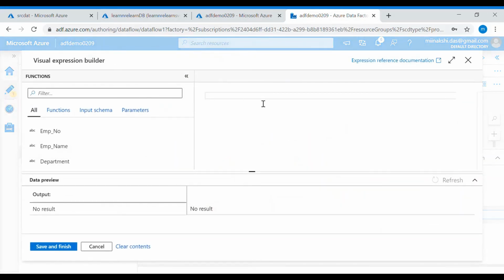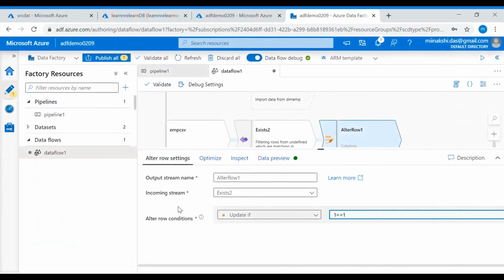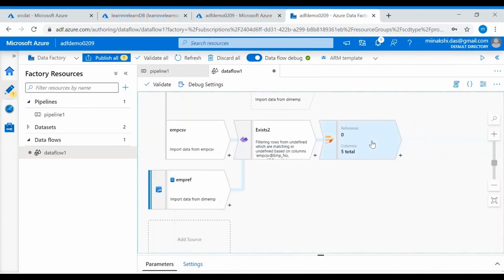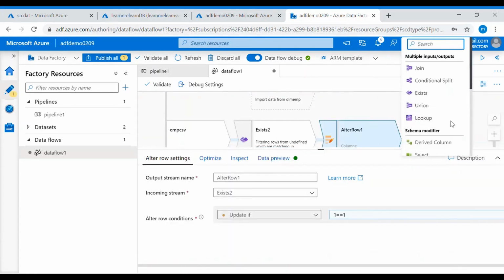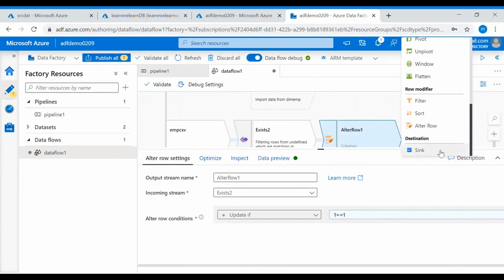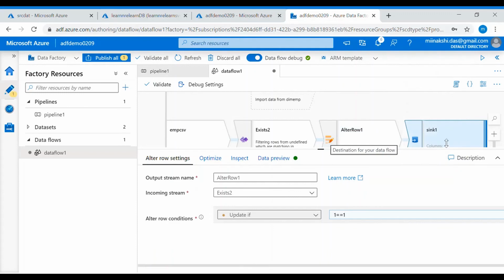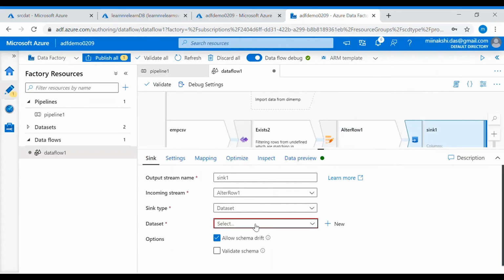Either we can give true, or we can give 1 equal to 1, anything that will return a true boolean value. Then after this record is updated, we will put it in the sink. And here the sink is also the employee dimension table.